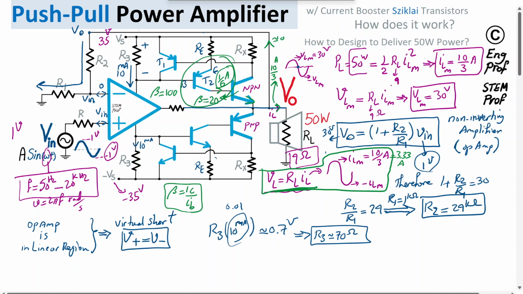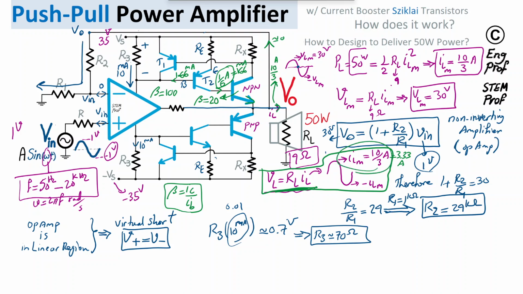Okay, so 1 over 6 amp for this transistor, that is 166 milliamp, and with a beta of 100, that translates to 1.66 milliamp here, which is very small, and that's reasonable. That's the highest amount of current, because we're talking about the peak current values. At peak current value, this current is 1.66 milliamp. During nominal operation, T1 is not supposed to turn on, because that's the current limiting transistor, and that 1.66 milliamp is easily handled by the op-amp that has a 10 milliamp nominal DC current. Okay, so